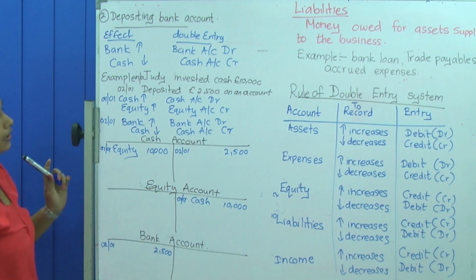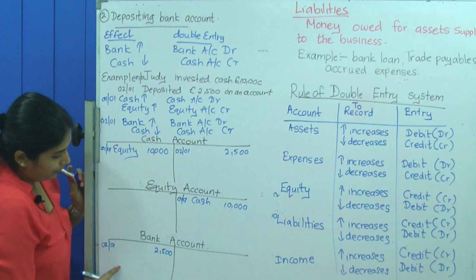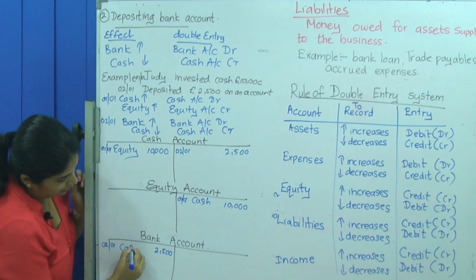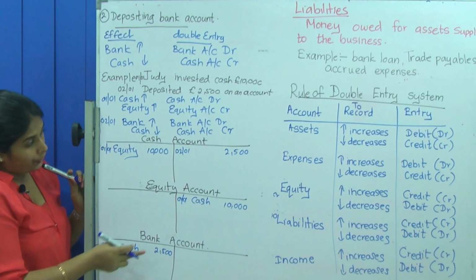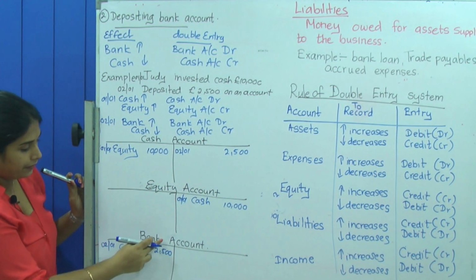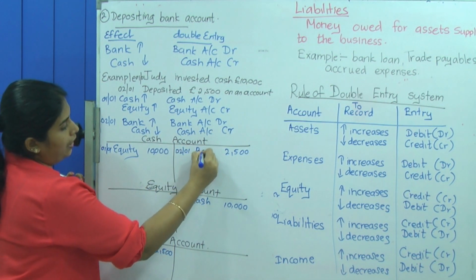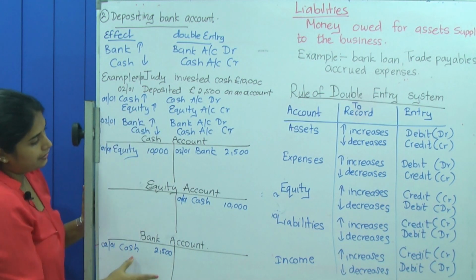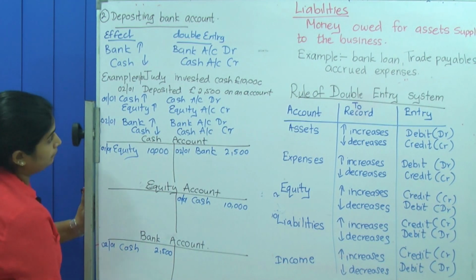Now you have to exchange the T account's name to write as details. So the debit entry is there on the bank account. Where is the credit entry? It's in the cash account. So in the detail column you will be writing cash. So the credit entry is there on the cash account. Where is the debit entry? It's there in the bank account. So in cash account you will write bank as the detail. So this is how you record the depositing in a bank account. That means after you invest cash, you take an amount of cash out and deposit it in the bank account. So this is the effect, and this is how you record in the T accounts.